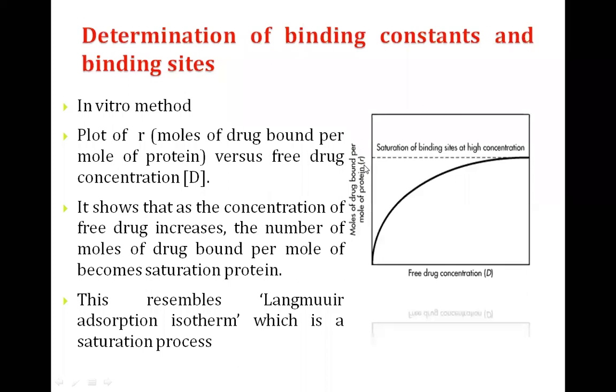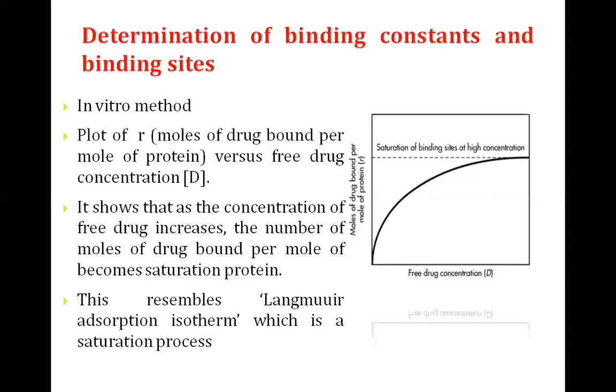I'm repeating again. Start imagining the experiment. Imagine the test tubes. In the test tube rack, add the known concentration of the protein to the test tubes, and then you add different concentrations of the drug. Give some time interval for the protein drug binding to happen. Then subject each test tube to the dialysis method and separate the unbound drug from the bound drug, and start estimating the amount of the free drug, the amount of the free protein, and the amount of the drug bound to the protein. So I have all the values in my hand now.